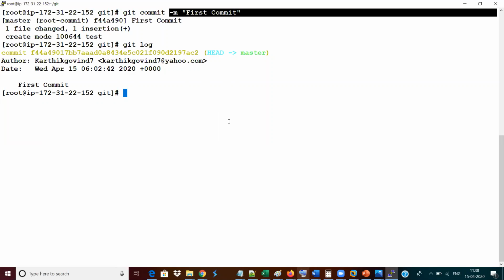Karthik, I have one question. For moving this test file from the working directory to the staging area, you used a command called add, right? So if you use that command add, the file will also be in the staging area, also in the local repository. But it will not create any log unless you give the commit command. Exactly. It will be in the local directory also, and in your staging area also. Until you give a commit, it will not be moving on to your original local repository. It will be in the staging area only.